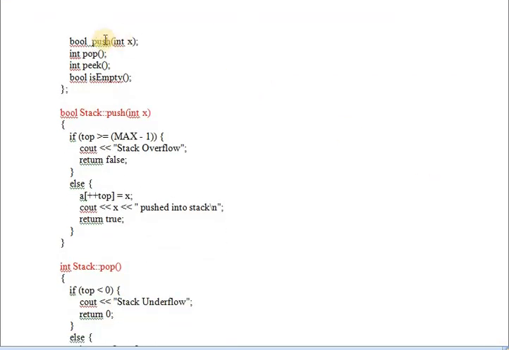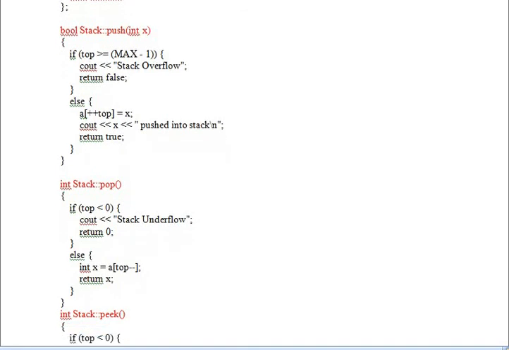Now next thing, int pop. See how I have written? Int is the return type, stack is the class name, then scope resolution and function name pop. If top is less than 0, stack underflow. Else you are going to delete in the pop function: x equal to a of top, top minus minus, return x. So push is the function to insert an element in the stack. Pop is the function to delete an element in the stack.